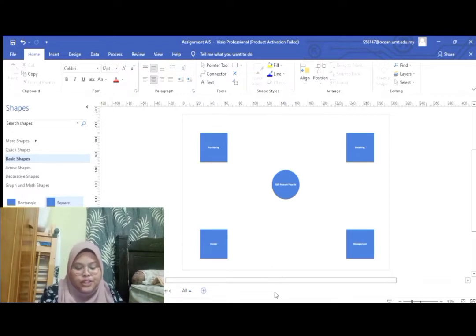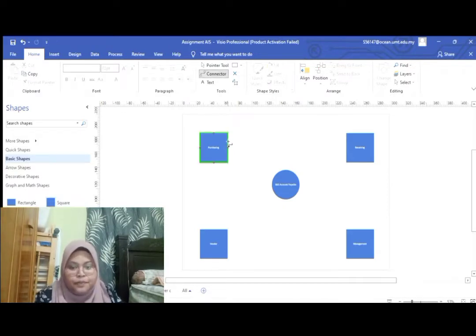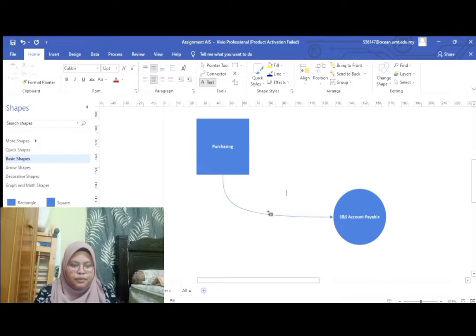Based on this question, there are three arrows representing purchase order from purchasing, purchase order,